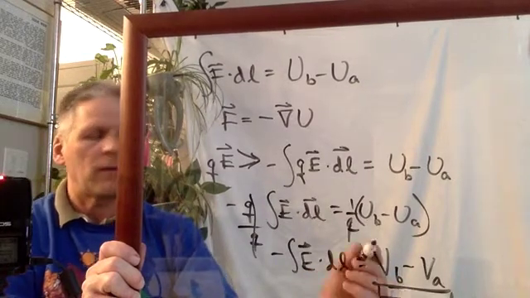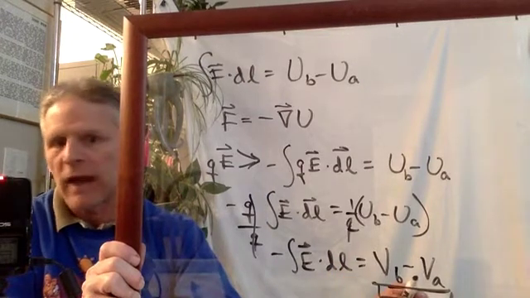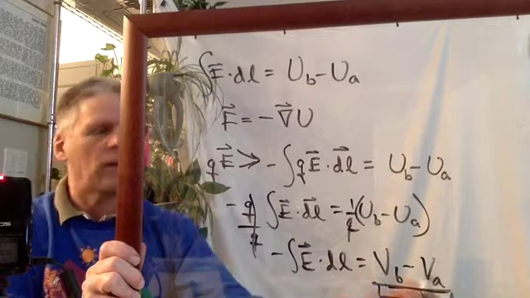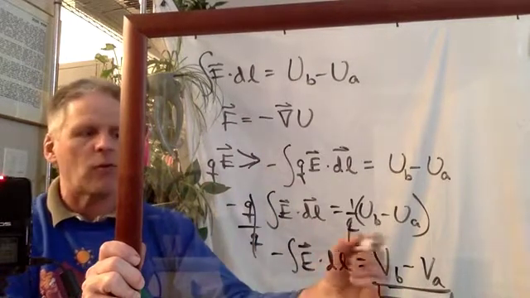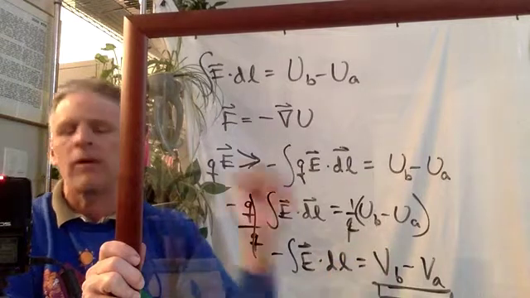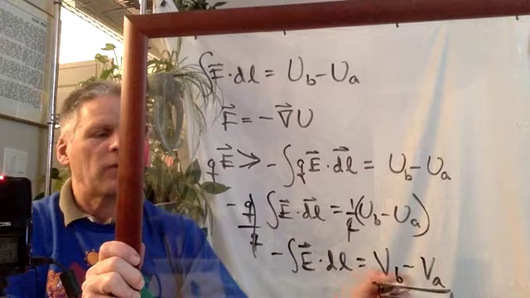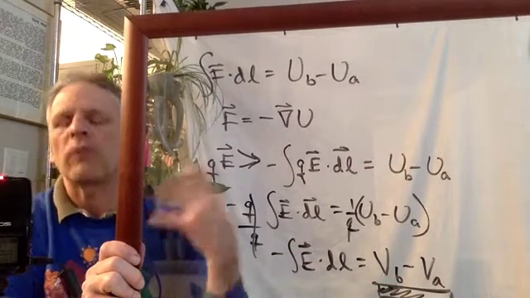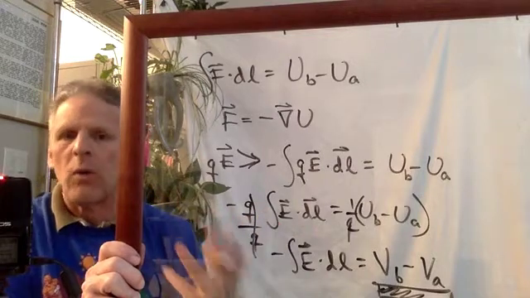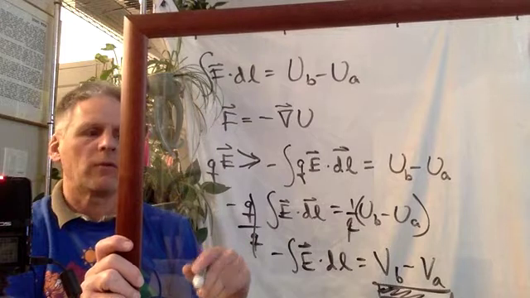It doesn't matter if this is 10 million volts and this is 999,999, or if this is 0 volts and this is minus 1 volt. It's the exact same. It doesn't matter what the absolute value of these things are, only the difference. However, we will have to play some games here where for certain problems, we'll have to assume something about where we want the voltage to be equal to 0. We're just going to set this so it's equal to 0. Okay,